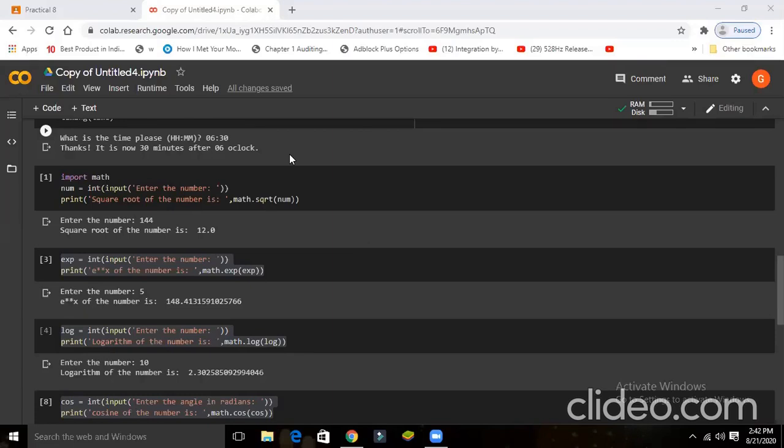Okay, now the first function is SQRT. So what is the use of SQRT? To find the square root. Okay, so here you are giving 144, so it gives the answer 12, right?